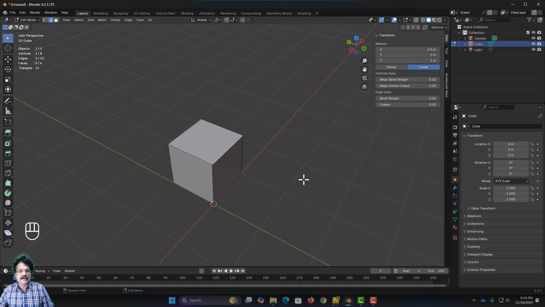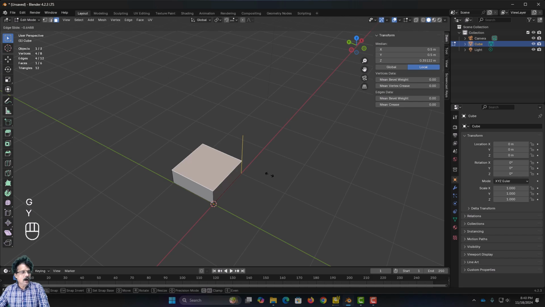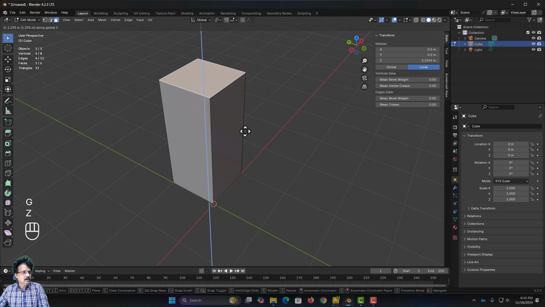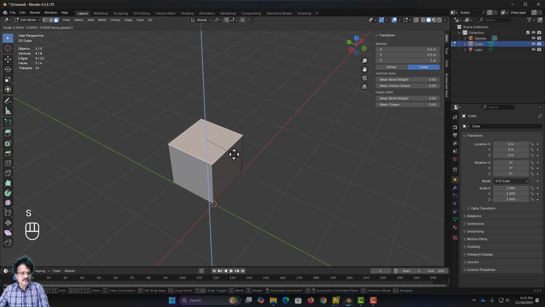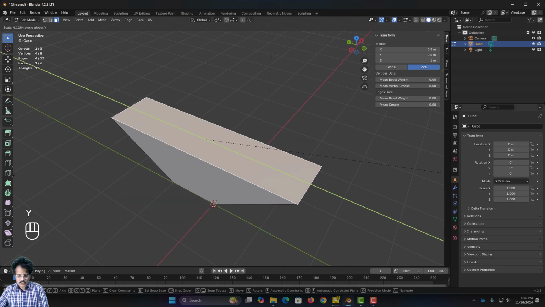I will right click and cancel it. Now similarly if I press 3, I can select a face, and now selecting the face, I can press GX to move it along X axis, GY to move it along Y axis, and GZ to move it along Z axis. I can even press S and scale it along the X axis or along the Y axis,